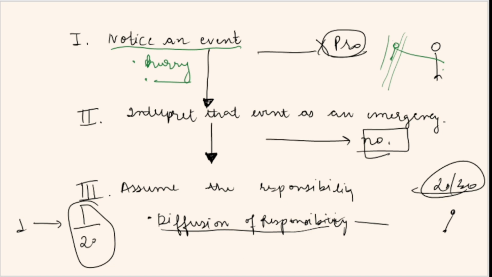Okay? Yes, Tia? Is the diffusion of responsibility due to bystander apathy? Yes, it is bystander apathy, because we are thinking that others will help. That's why we are not taking any initiative towards it. Exactly. Whatever we are looking at right now, the diffusion of responsibility and lack of competence, even